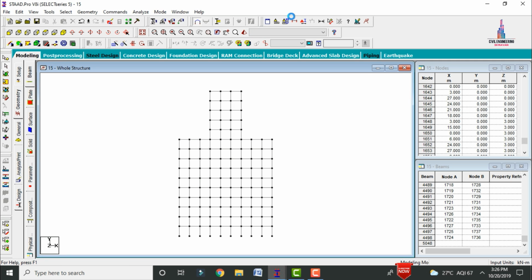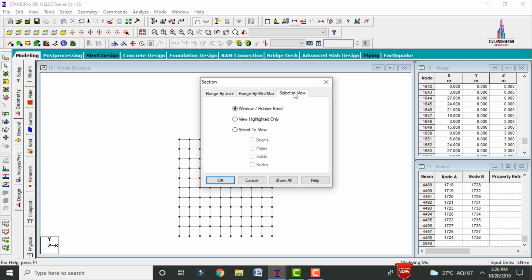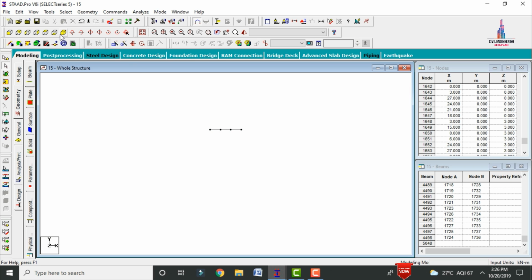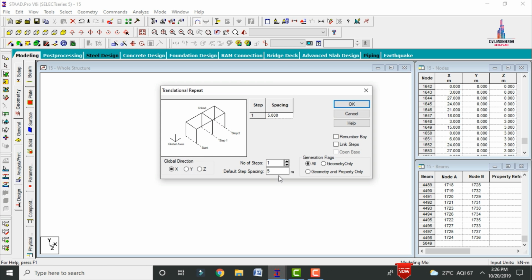For that, firstly we have to click on the cut section command, select the view, and click on OK. So cut these respective plates here. Now we have to create the plates for this. Go to add 4 node plate, select the first point, second point, third point, fourth point. Select the plate cursor, select the plate, go to translational X direction, which is 2 numbers here.